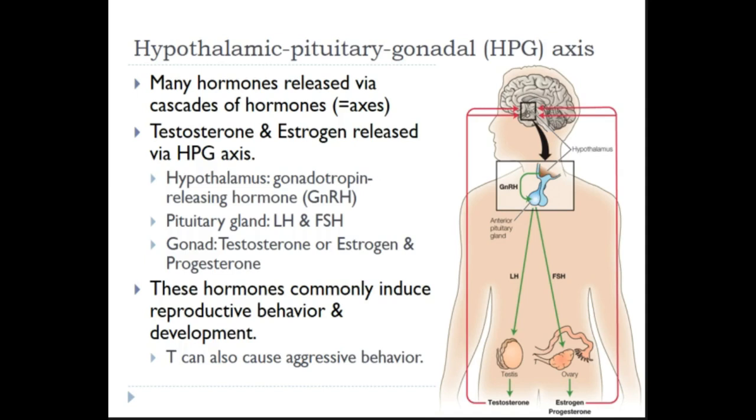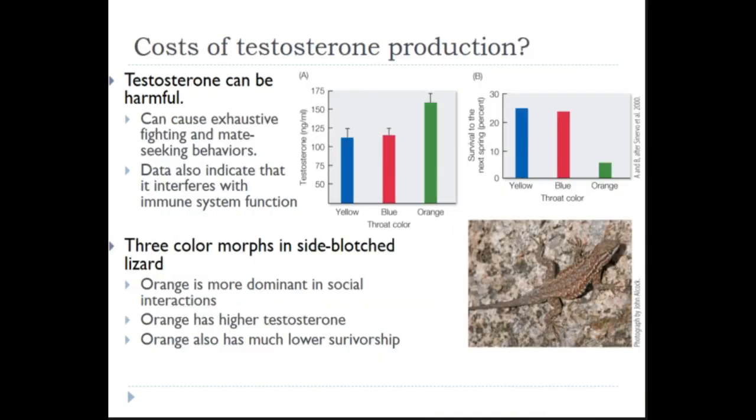These hormones can also cause behavioral changes. Testosterone oftentimes, in certain individuals anyway, can cause aggressive behavior. It's not a universal thing, but oftentimes that is true depending on species. And those aggressive behaviors may be involved in securing territory, securing mates, and performing well in their given environments.